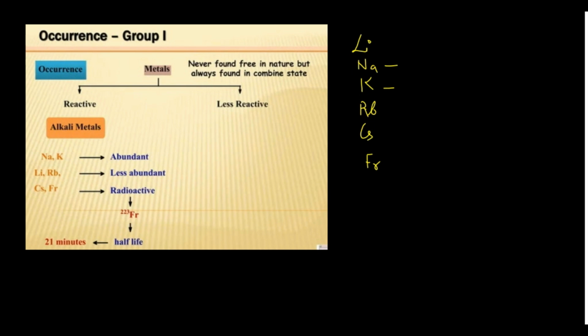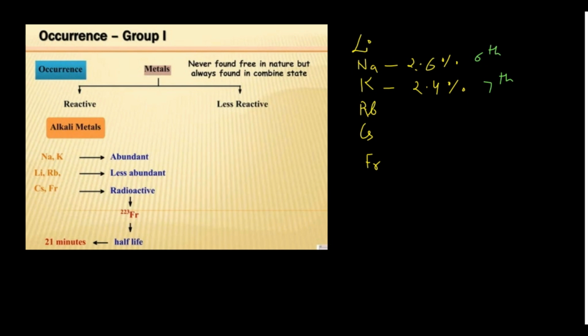Right? If you check your biosphere, nearly 2.6% sodium abundance is there, and potassium is nearly 2.4% abundant in nature. You should know this. For the occurrence, you should remember that sodium and potassium are the 6th and the 7th most abundant. Basically, sodium is the 6th most abundant metal, and potassium is the 7th most abundant element in the